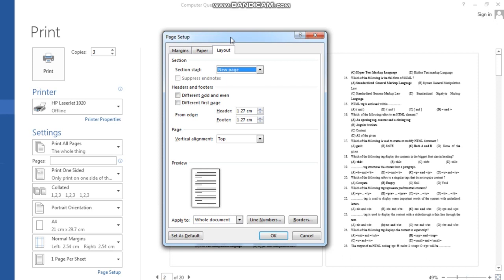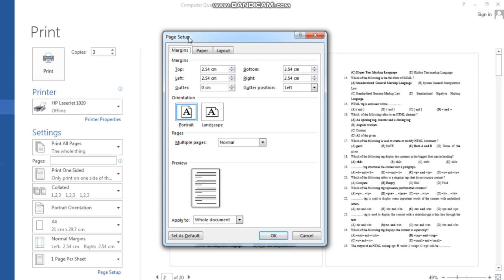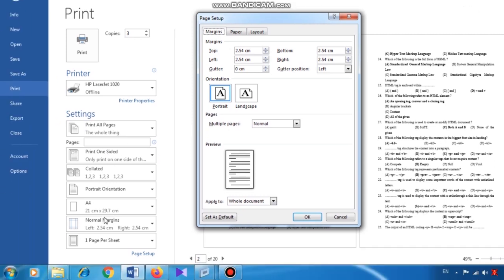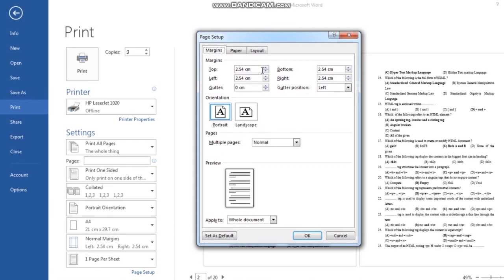I will prepare a separate video on MCQs also, but just now I am teaching you this topic through Microsoft Word. Now in the page setup dialog box, there are 3 tabs: margins tab, paper tab and layout tab. First is the margins tab. What is the margins tab? From here you can adjust the exact margin. Just now we adjusted something from here, narrow and normal and those things, but from here you can specify exactly how much space you want to leave on the top, on the bottom side, on the left hand side and right hand side, everything specifically you can adjust from here.